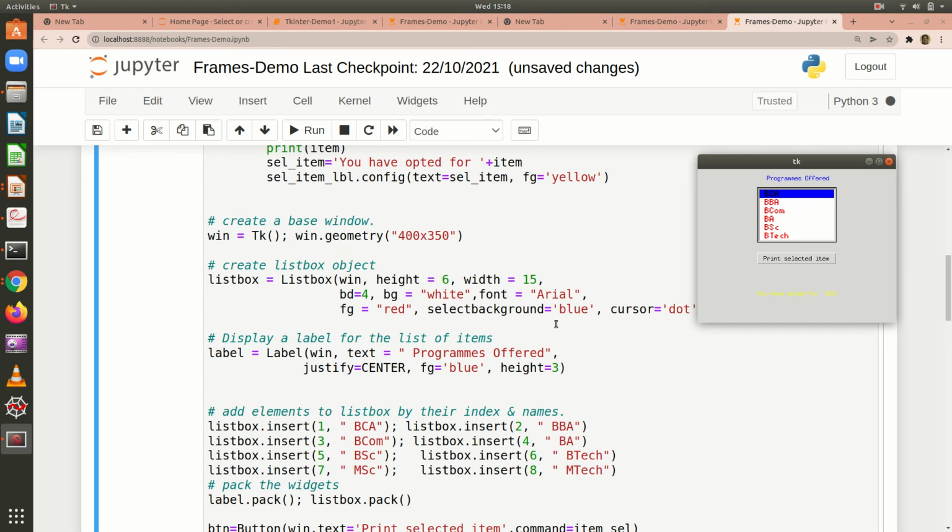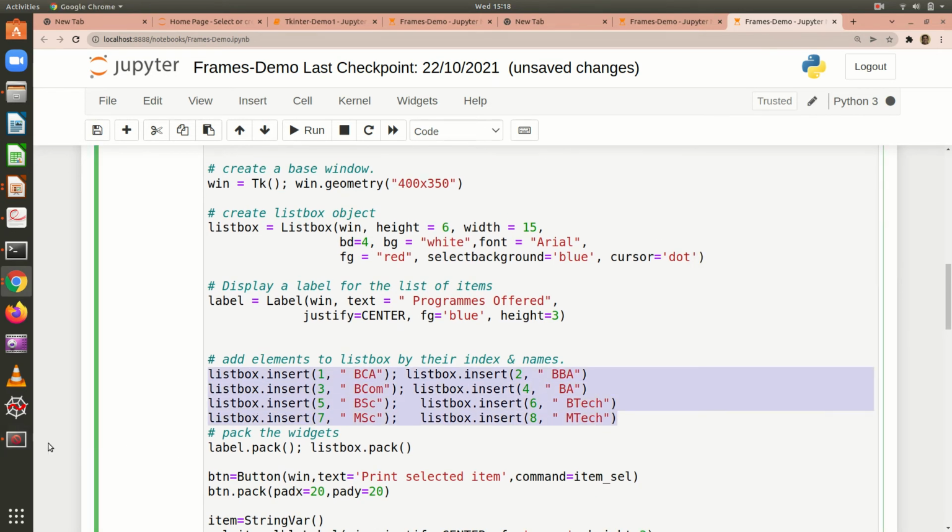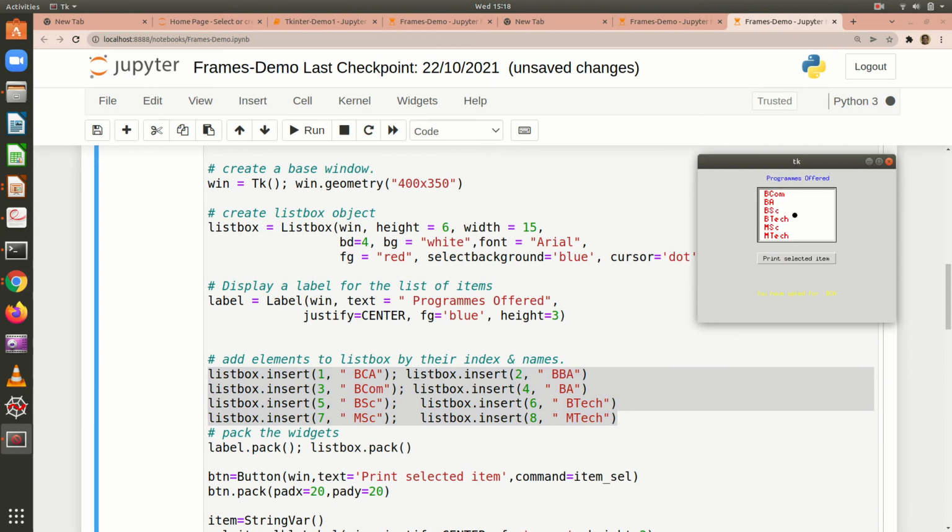Then we have the label of the list box title as programs offered. Then this is the same as the previous example where I am adding the list of items, and if you can see here, when I scroll it up and down, it is showing me the other options also, right? So all these PG options are also shown here.